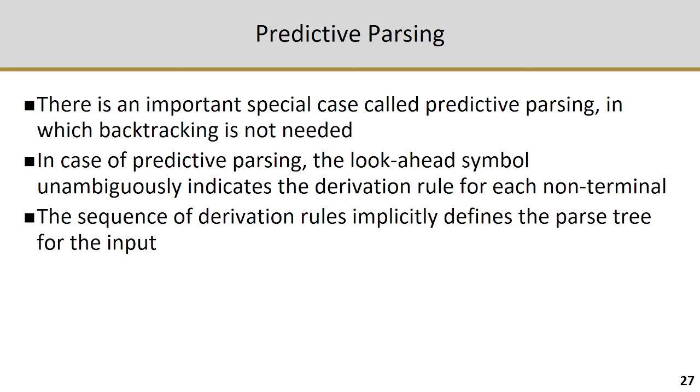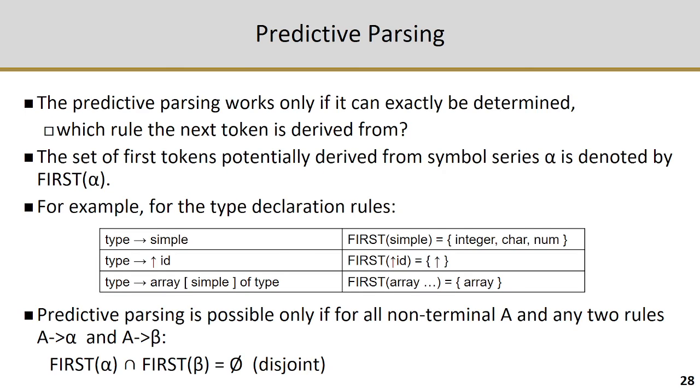And we are going to check whether looking at the next token from the input is enough information to guess what derivation rules to be applied. Let's see what sequence of tokens can be derived from certain non-terminals in our grammar. For example, if simple is derived from the type,